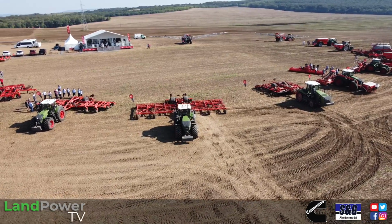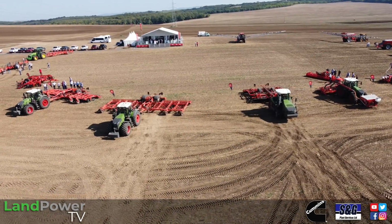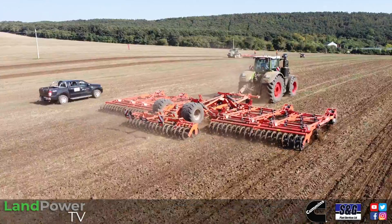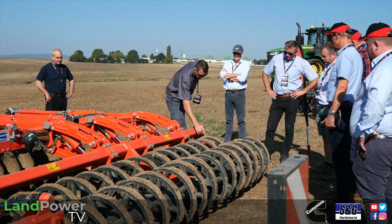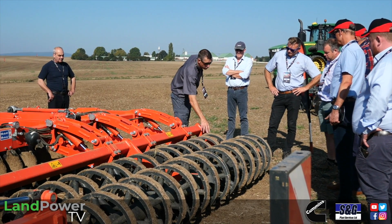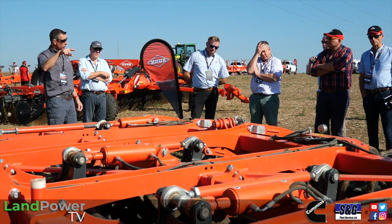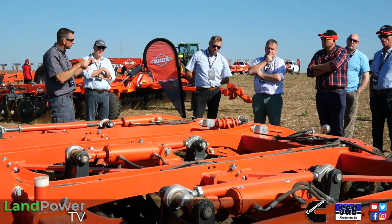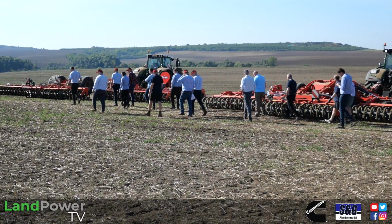It's an open field day that we've organised in the centre of Europe for our European customers, UK included. Just to showcase some of the larger machines, what we term as XXL machinery, and especially some of the CTF equipment that some of the farmers are using today. So we're out here with a few UK customers. Are they all KUHN customers, or have you brought some potential new customers as well? No, we wanted to get a broad spread. If they've got a KUHN machine or if they haven't, that wasn't really the point. If they're a large scale arable farmer in this sort of market, then this is what we want to show them,